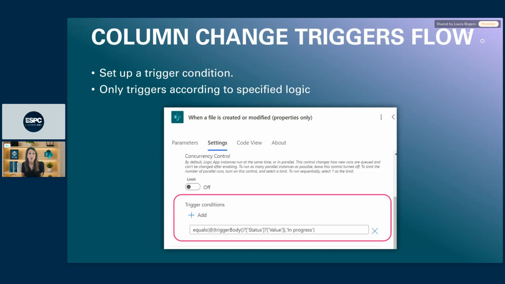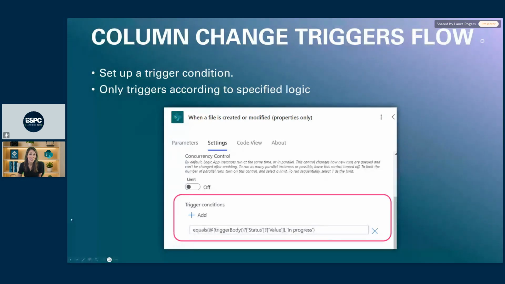Yes, well, I'm only going to use that for when the item is modified, because if the item doesn't exist yet, if it hasn't been created yet, then they don't have a button to click on because there's no item. So this trigger that I'm going to show you is only going to be used for items that already exist and are being modified. Perfect. Thank you, Laura.